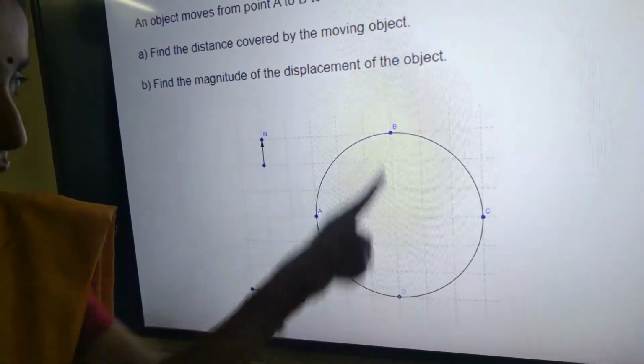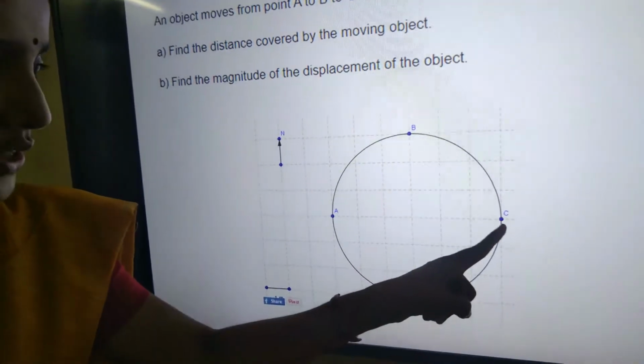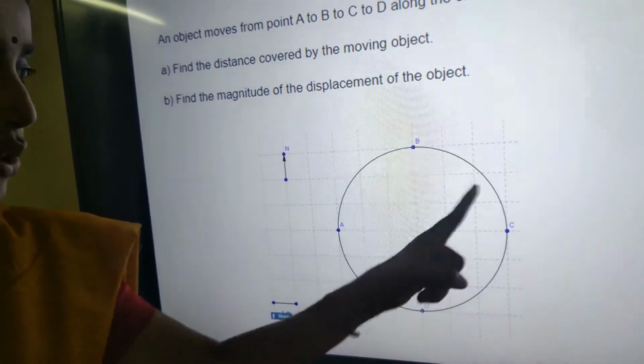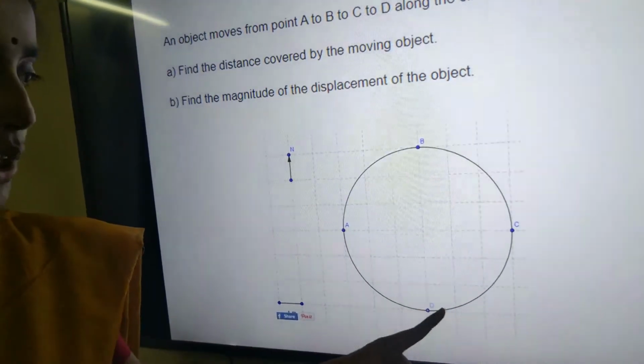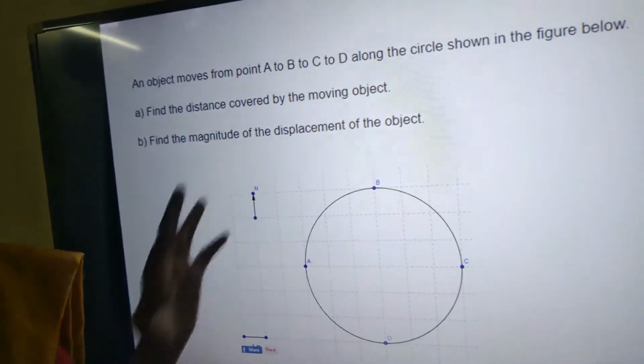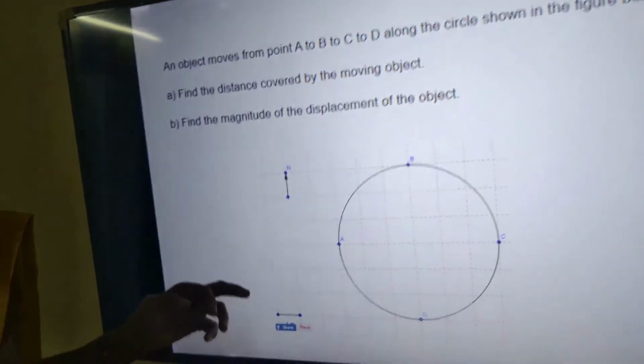So what is half of that half circle? 1/4 of the circle, pi r by 2. So this much is pi r by 2, and this is pi r. So what is the total? Pi r plus pi r by 2 is 3 by 2 pi r. So we got the distance. Now what is left to find? We have to find the displacement. Before that, let us see the solution for distance.